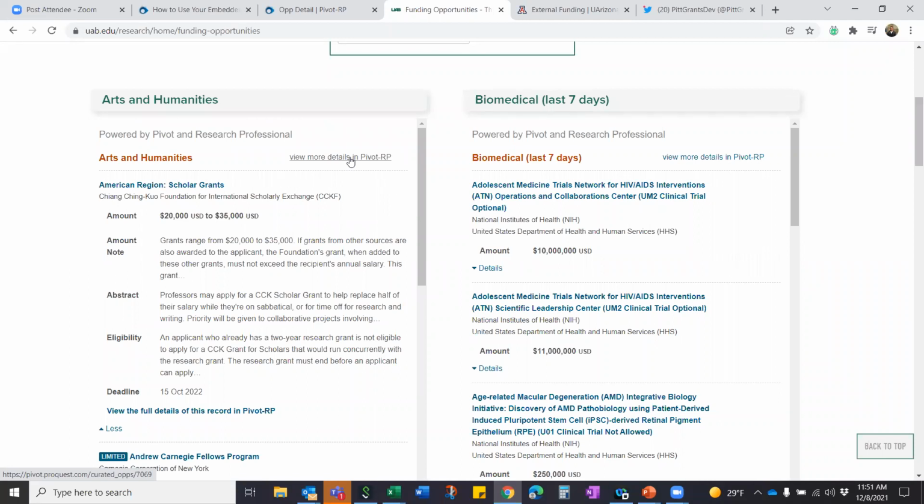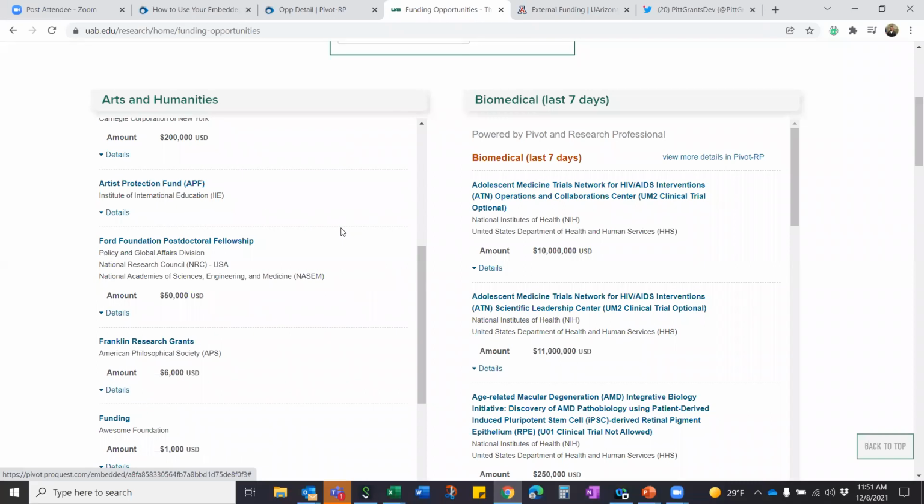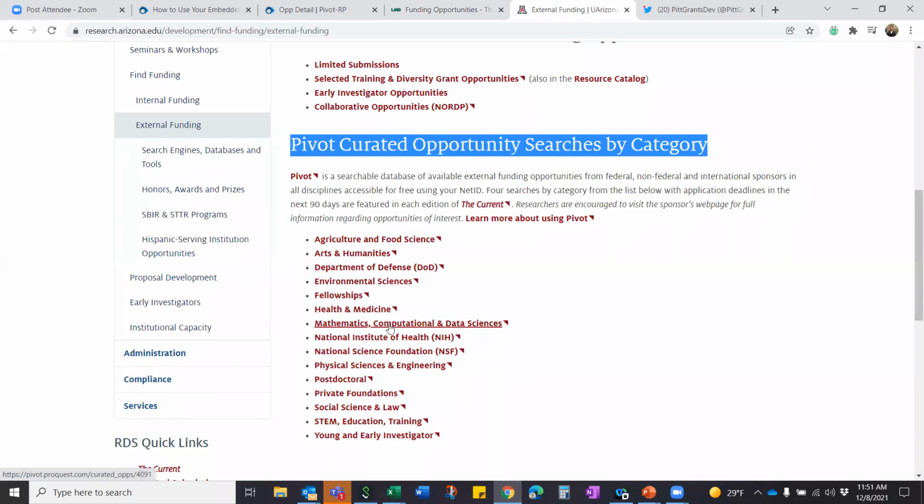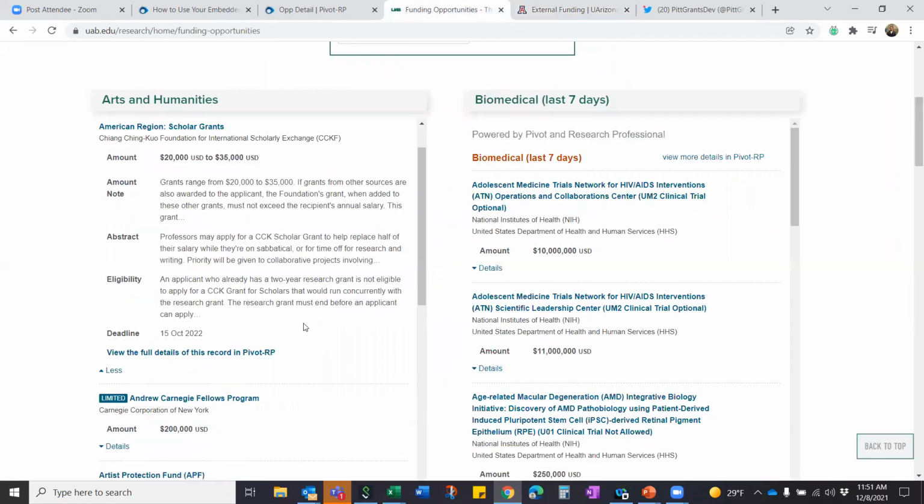So that's one thing that you can do to really grab or push these out to get your researchers' attention, either by putting them in a web page like this, linking back to the entire list, or using the embedded search function if you wanted to make it a little bit more glossy or glitzy, but also practical because it provides more information to your users before they have to commit by clicking the button that takes them back into Pivot to see the entire